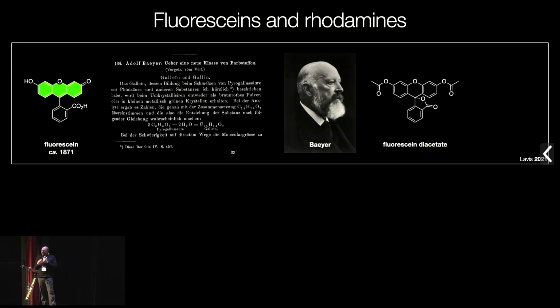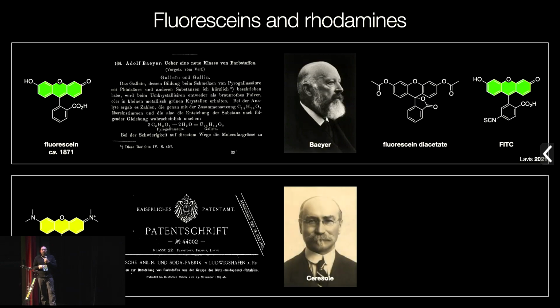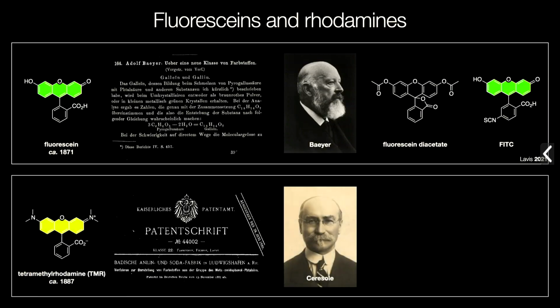So fluorescein diacetate was really the first indicator used in live cells. You can load this into cells, it'll release fluorescein, and then you can use the pH sensitivity of that molecule to look at changes in the cellular environment. And then, of course, fluorescein isothiocyanate, or FITC, was an early visible, excited antibody label that really sparked the field of immunofluorescence. And then the rhodamines pop up in the patent literature a few years later, synthesized by Marie Ceresole,